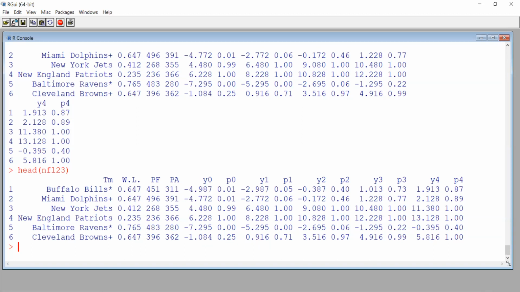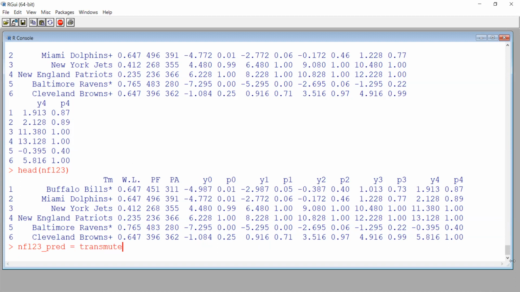So the last thing I want to do, get those Y's out of there, because they're kind of interesting for the math, but they're not really interesting for the sports. So let's just get rid of those. So let's use the transmute command, because I think with the mass package, we don't want to use the select command. So let's call it NFL 23. Let's just rename it in case we make a mistake. Prediction, playoff prediction, and let's call this transmute.